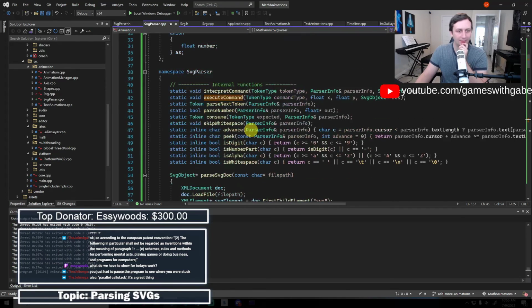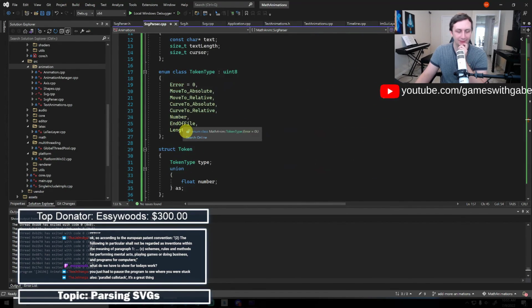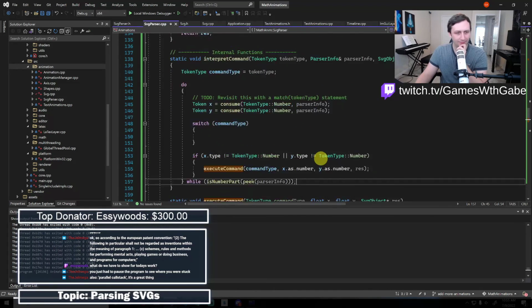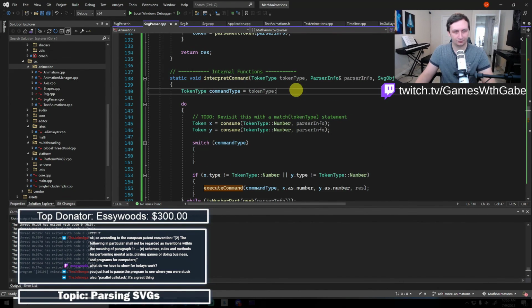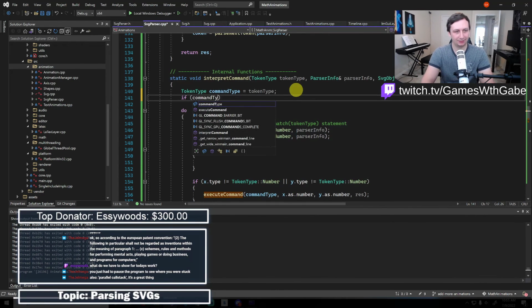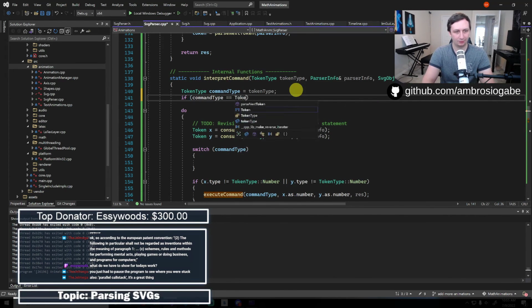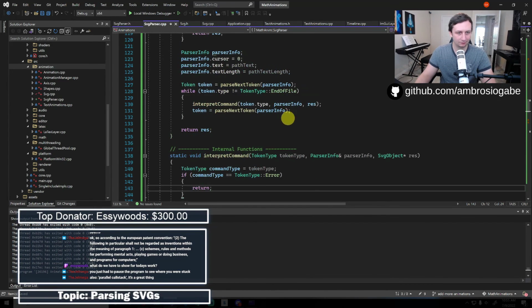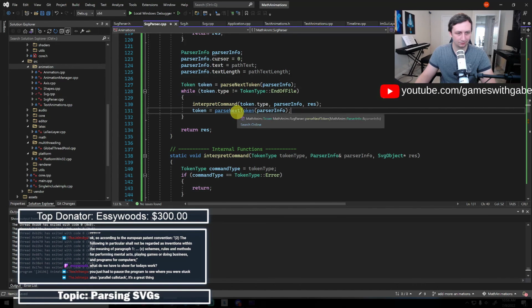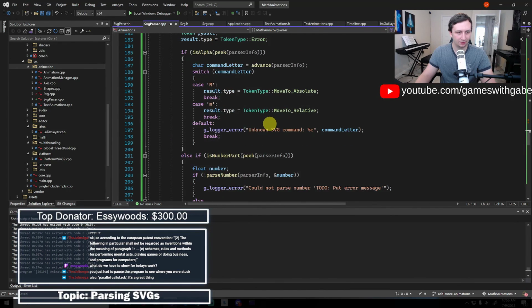Because 0 is error, isn't it? It is. Okay. If command type equals token type error, return. What does this do once we get to the end of file?